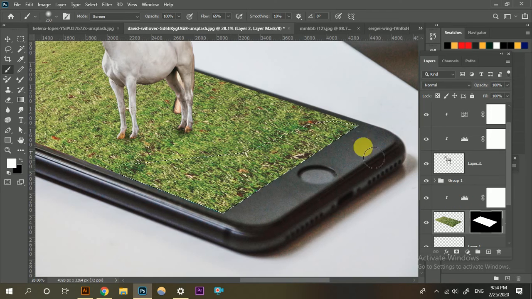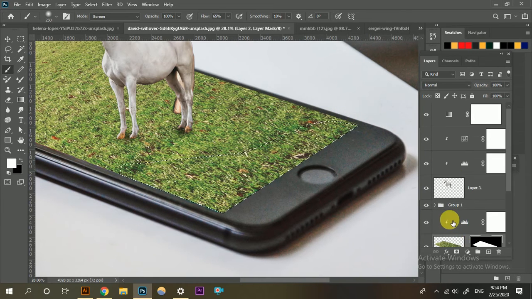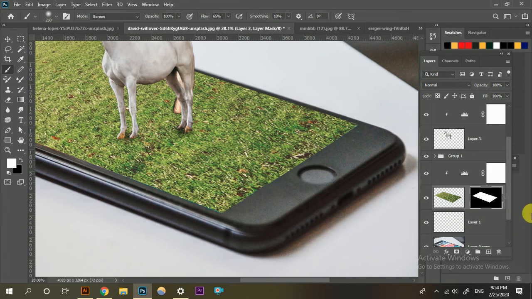So outside of this is not showing. It's already on the desk. If you fill in black in this layer, it is going to be removed. Okay,